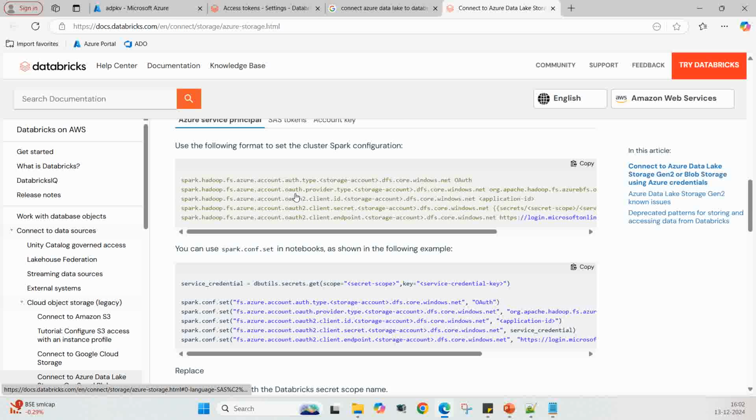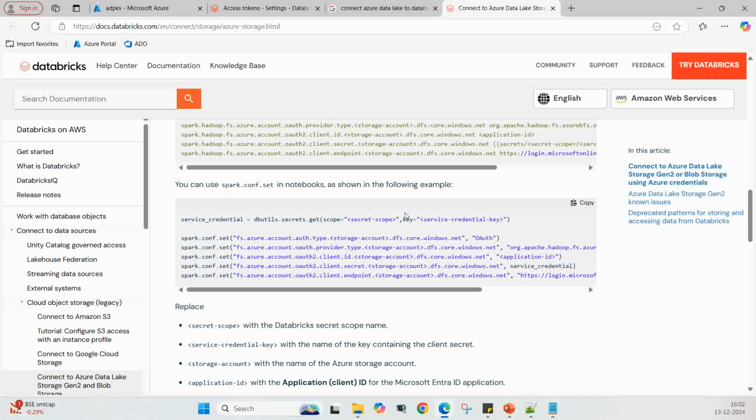this is the interesting part. This code, you can use spark.conf.set in notebooks as shown in the following example. So this is the code used to connect Azure Databricks and Azure Data Lake storage. We'll copy this and